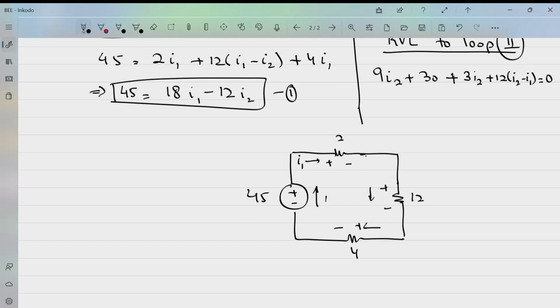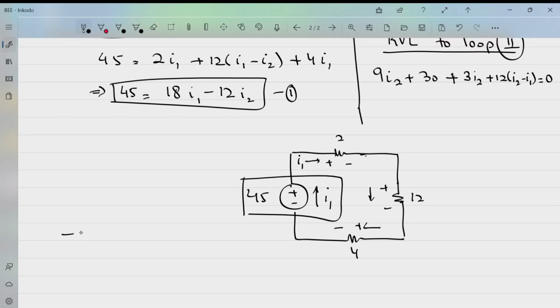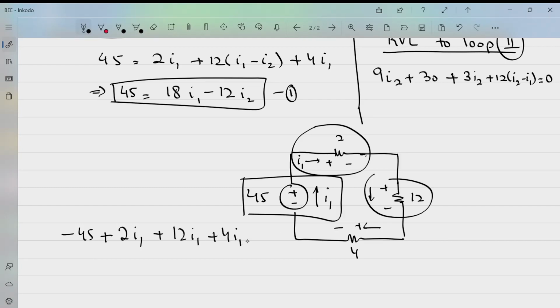I1 आप मान लो I1 ऐसे जा रहा है, ठीक है। ये I1 जो इस केस में है ये नेगेटिव टू पॉजिटिव है, ठीक है। तो अगर मैं इसको नेगेटिव ले लेता हूँ -45, फाइन, प्लस ये जो वोल्टेज ड्रॉप है ये तो पॉजिटिव है क्योंकि इसमें करंट पॉजिटिव टू नेगेटिव जा रही है, सो प्लस 2I1, फिर यहाँ पे भी प्लस 12I1 प्लस 4I1, अभी तक ठीक है। दिस इज इक्वल टू 0, फाइन। तो इसमें से मैंने ये वाला पोर्शन 2I1 प्लस 12I1 प्लस 4I1 ऐसे ही रखा।